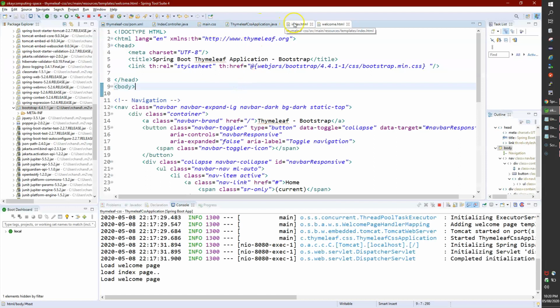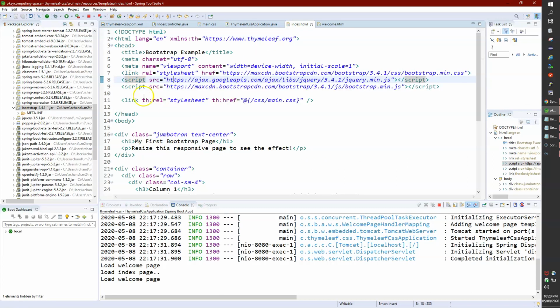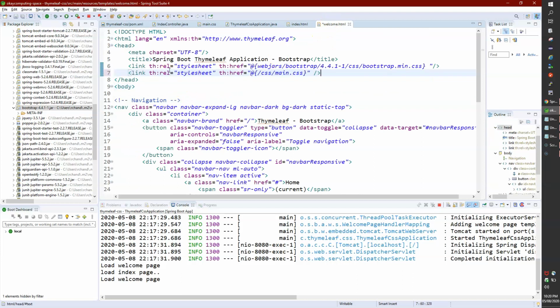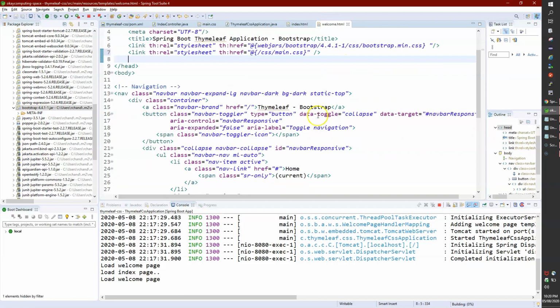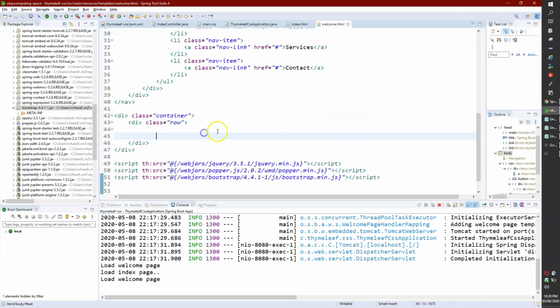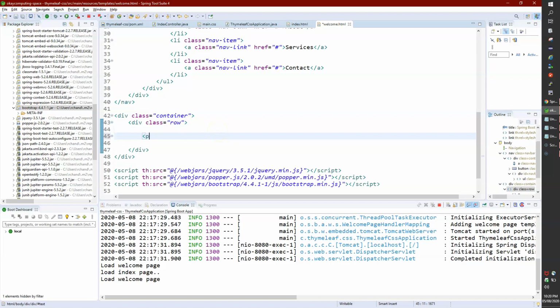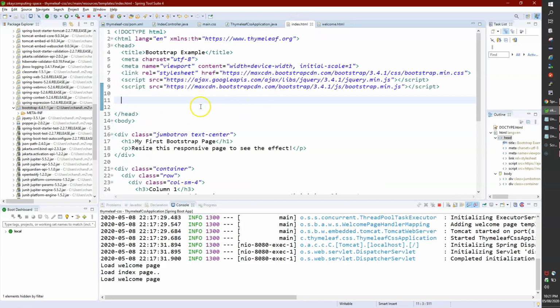Now what we are trying to achieve here is, you can make use of a normal HTML page to design a UI, or you can also use Bootstrap or other technologies, CSS, with Thymeleaf to design an awesome UI. So what I'm going to do is add the main.css, because nothing was there in the content right here in this division. I'll write an h1 tag here and put it as welcome page. You can make use of a normal HTML page with your Thymeleaf. You can write your Thymeleaf tags and add your Java code here.